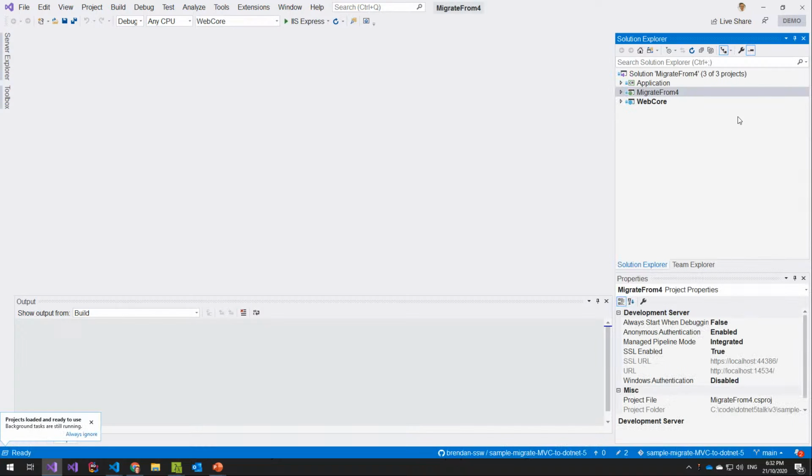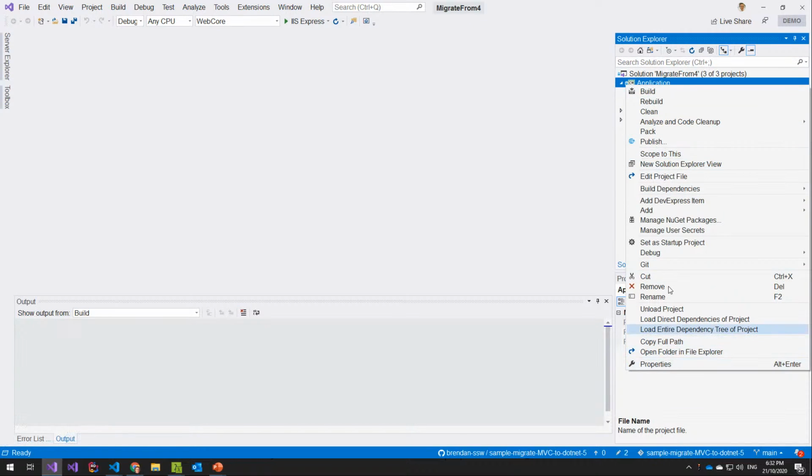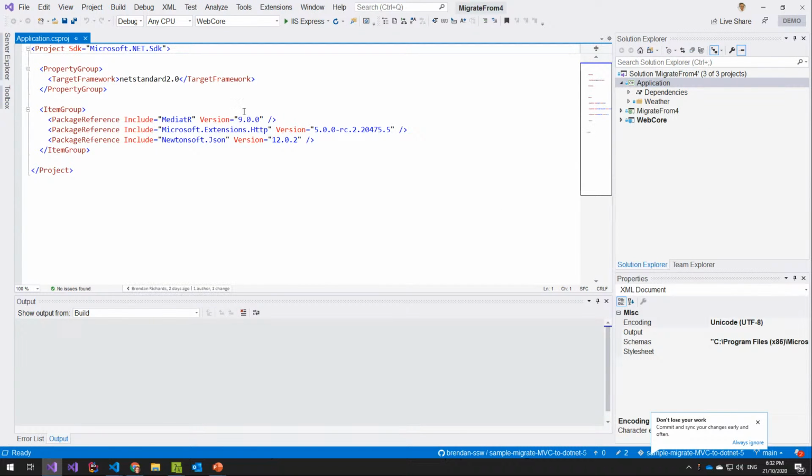Okay, so what I've added to this project is a library called application. And the key thing about this application, if I right click on it and go to edit project file, you can see that this project targets .NET Standard 2. So I can make a project that targets .NET Standard 2, and that means that this will use all the APIs and libraries from .NET Standard 2. What I can't make is a startup project that targets .NET Standard 2. If I want to start an application, I have to pick a framework to run that application in. So for example, this